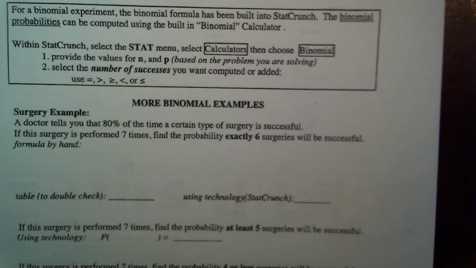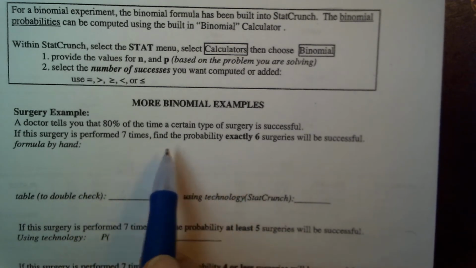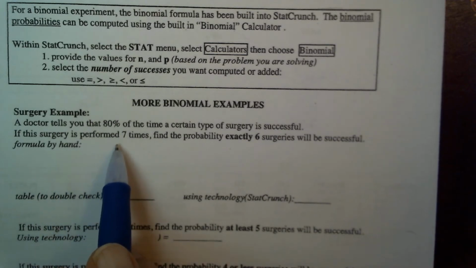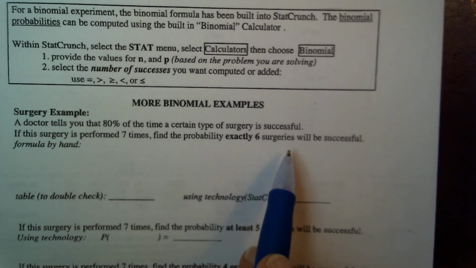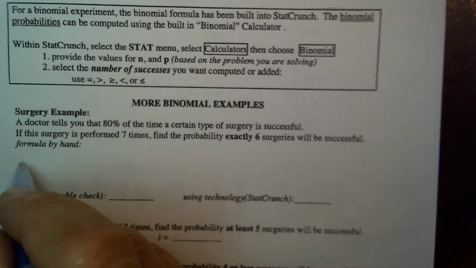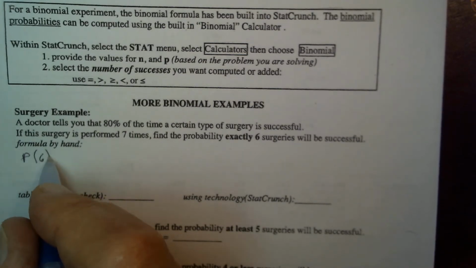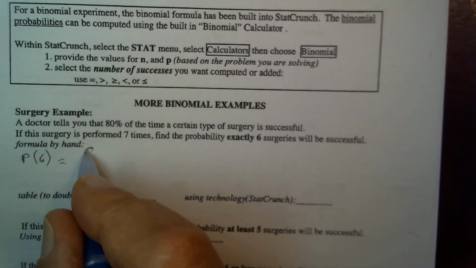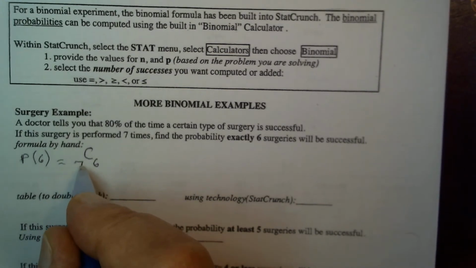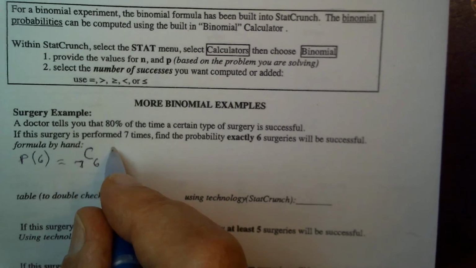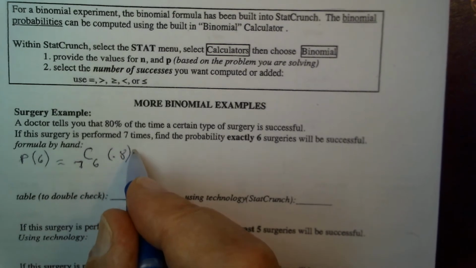Here's another surgery example. The doctor tells you that 80% of the time a certain type of surgery is successful. If this surgery is performed 7 times, find the probability exactly 6 surgeries will be successful. So the probability of exactly 6 successful surgeries means 6 successes out of 7 times the probability of success, 0.8, to the 6th power,